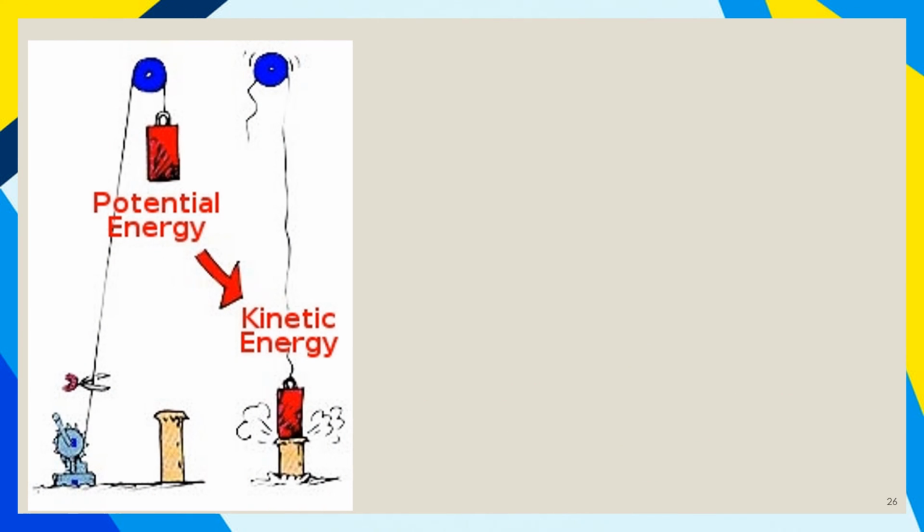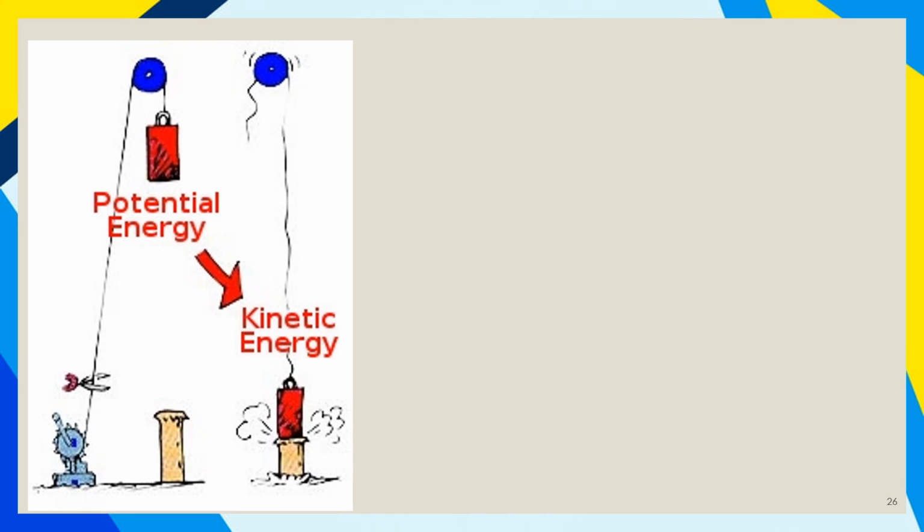Here in this picture, you can see potential energy. With the help of a pulley, an object is being raised up. When it is raised up, the object has got potential energy. Why are we saying it has potential energy? Because it is going against the gravitational force. Okay, even though it has been raised only a little, it is against the gravitational force. So it has got a particular amount of energy stored, that is the potential energy.